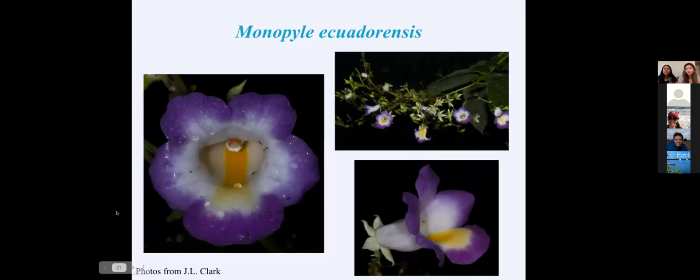And monophyly ecuadorensis is very floriferous, which means it has a lot of flowers. And until recently, this species has been confused with monophyly macrocarpa. And one of the things we noticed when going through the images is if we look in the flower, we see a lot of black flecks, as you can see on the left photo. The flowers attract arthropods, which are the flecks, often found near the osmophore at the base of the flower that produces the scent.